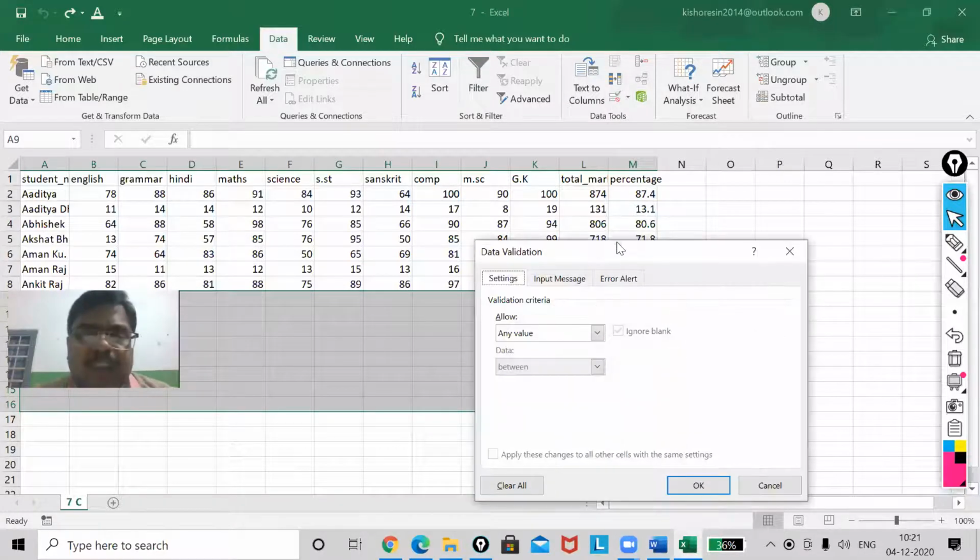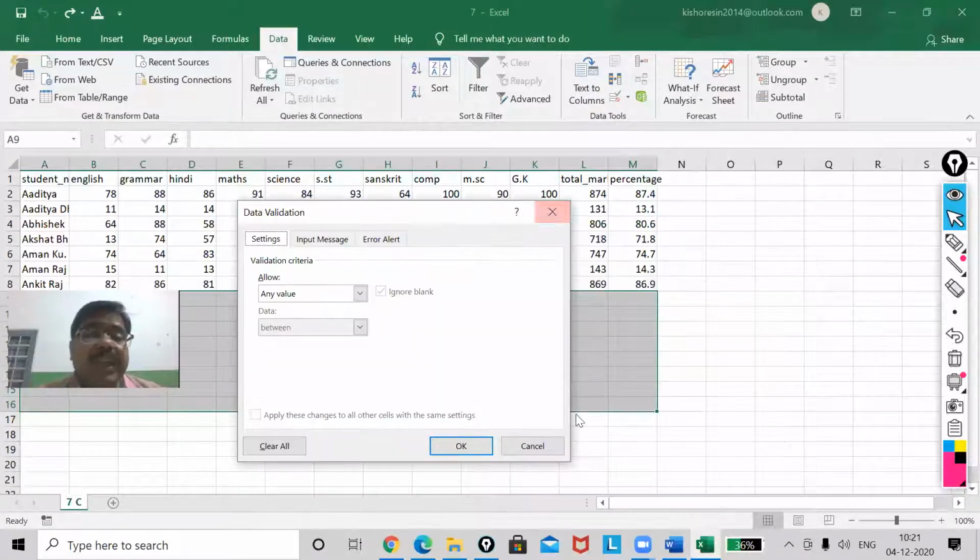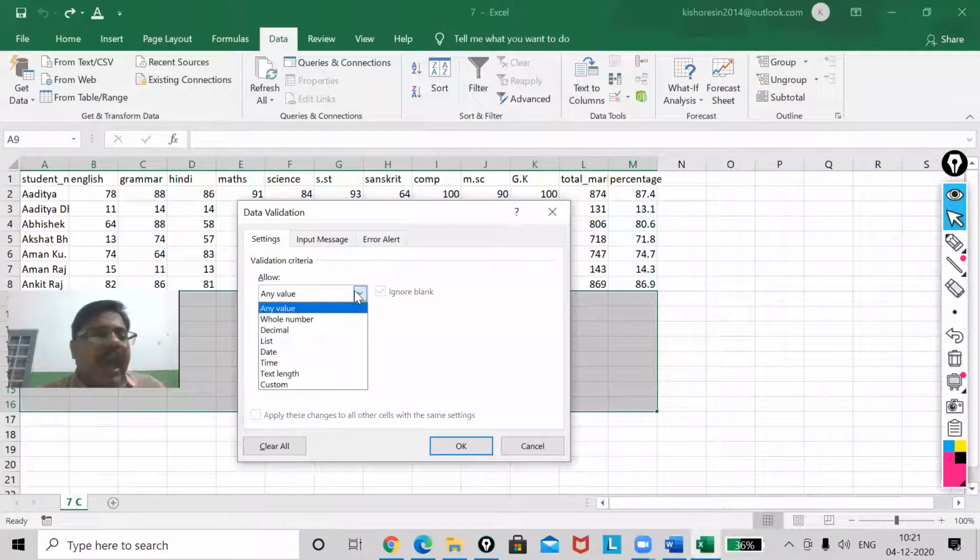As I will click on this, I will be getting a dialog box of data validation. Now, here, what you have to perform the task in the cells that the validation I'm going to use here. Okay, you have just now given the third class test, and that was of 60 marks.